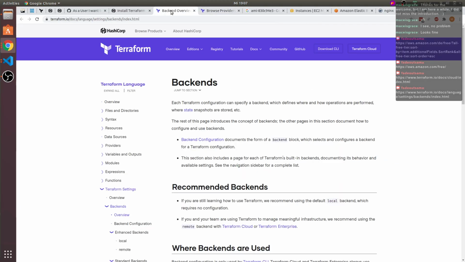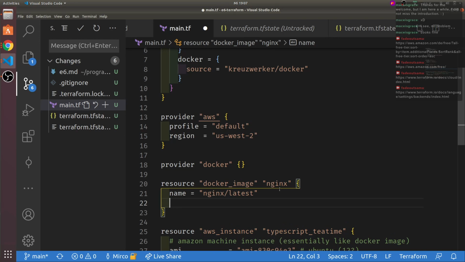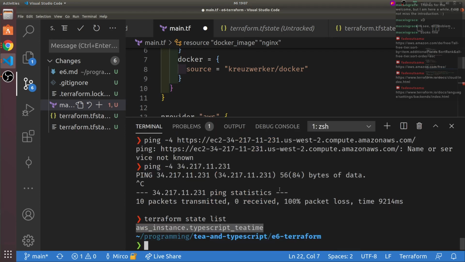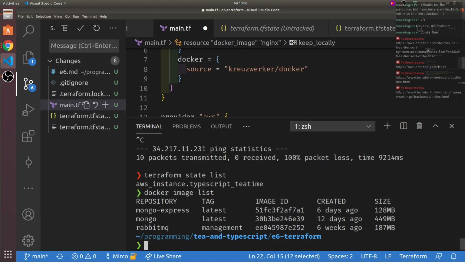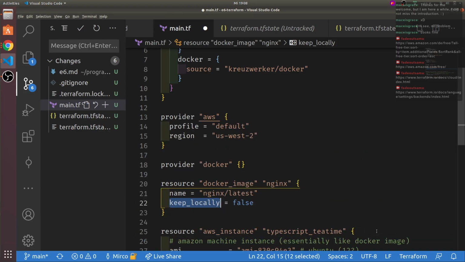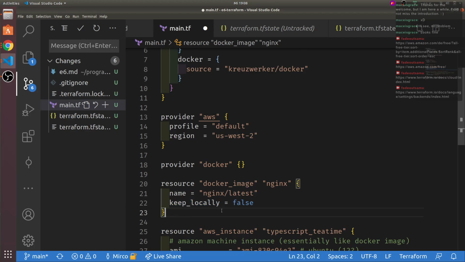Do I have to provide anything else? Keep locally. Well, do we have it? Docker image list. I don't have it. Let's ignore it for now. So we don't want to keep the image locally, so I don't need to allocate 100, 200 megabytes there.